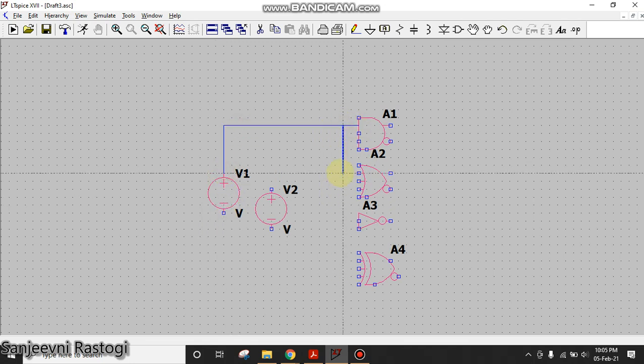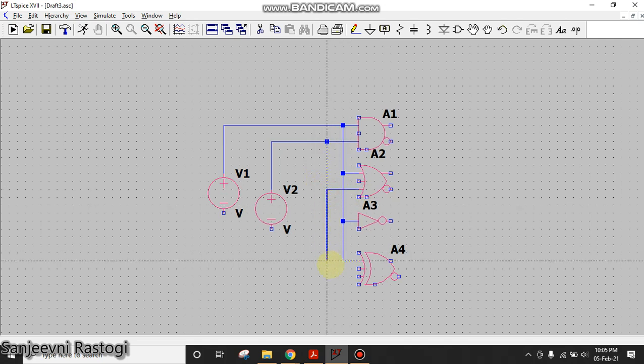First of all, I will provide the connections of V1, and remember that here in the inverter I am performing the NOT operation on V1 only. Next, I will provide the connections of V2 like this. Then I will take the outputs. This is the output for V1 AND V2.